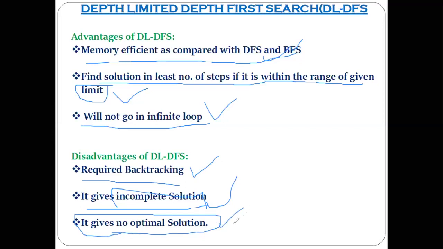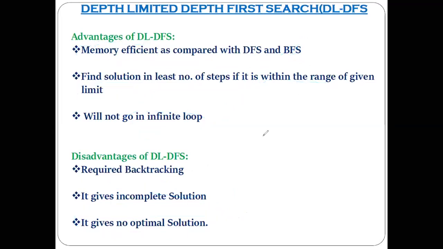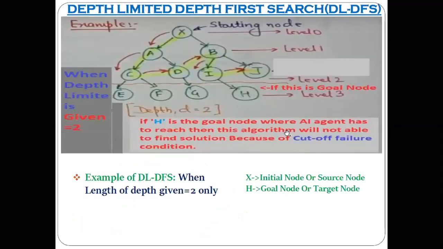The only advantages compared with DFS are that the infinite loop is avoided and memory is saved. Understood? Even though it gives us some advantages, it is still an uninformed search technique. You still have to do blind searching only. No guidance is provided. That's why all these three algorithms we have discussed, DFS, BFS,